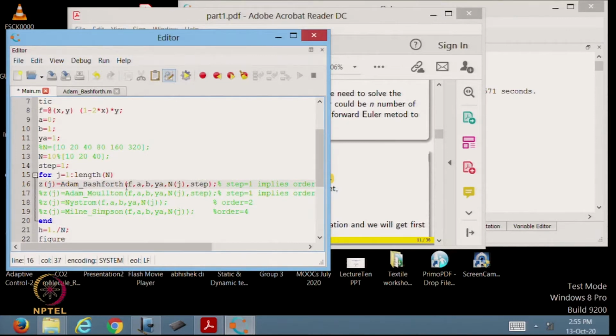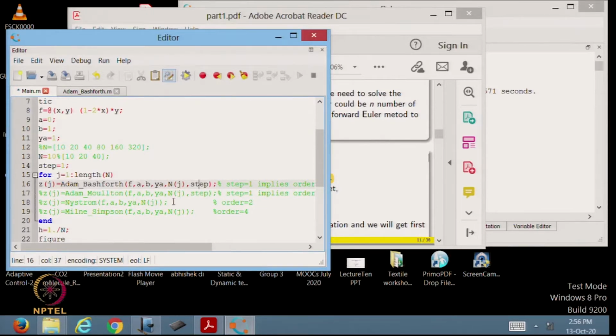I will explain the meaning of each argument later on. The meaning of f is clear to you. a is the initial point, b is the point where you want to compute your solution, which is also the final time, and nj is the total number of grid points, the mesh size which it is based on, and you can also define h.